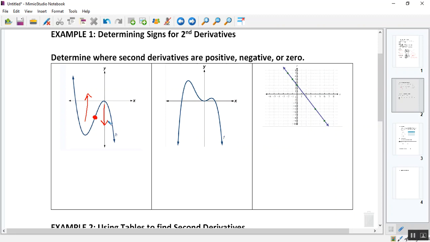How's the graph start in that second one? Up or down? Down. Does it ever go up? Okay, so it's concave down in this part, concave up here, concave down there. Would you agree with that, kids? Okay, let's go back to the first one. I think it's important